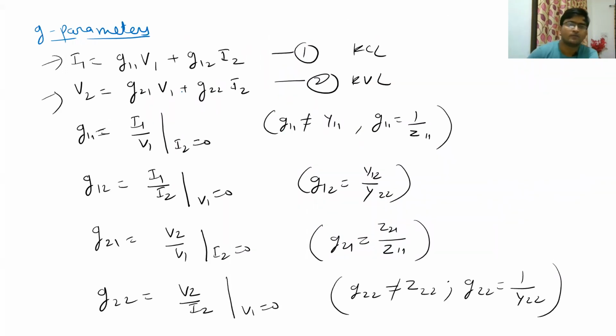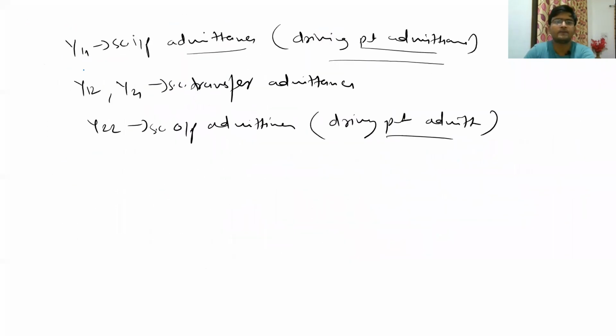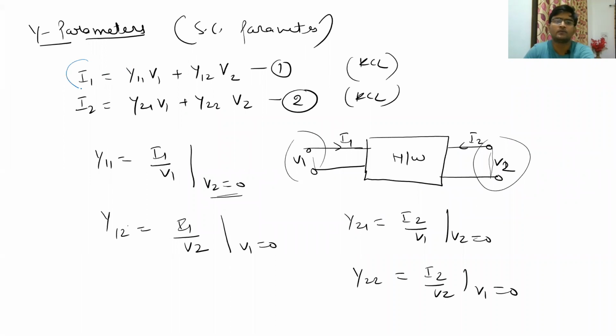we were seeing that the first equation was the equation for one terminal or one port, and the other equation was for the other port, right? In all the cases, even in the h parameter or y parameter, you can see that the first equation was representing a dependent variable of one port, and the other was representing the dependent variable of the other port. So these two equations are representing some equation, whether KVL or KCL or a combination of them, as one equation for one port and the other equation for the other port. So using these equations, we can draw the equivalent circuit.